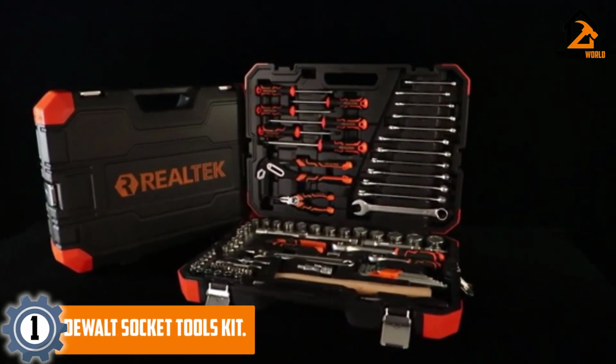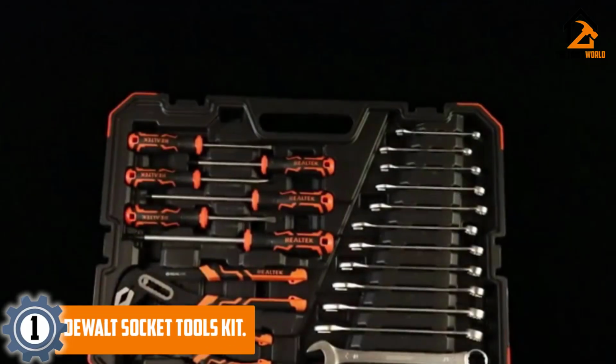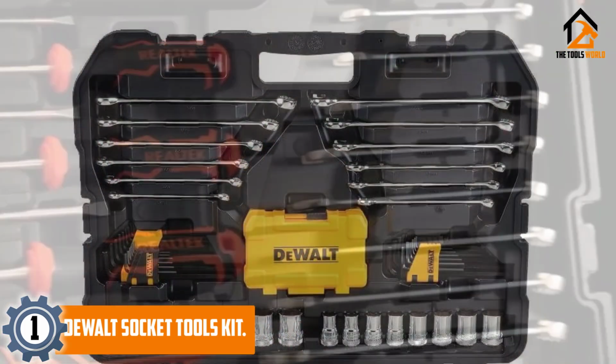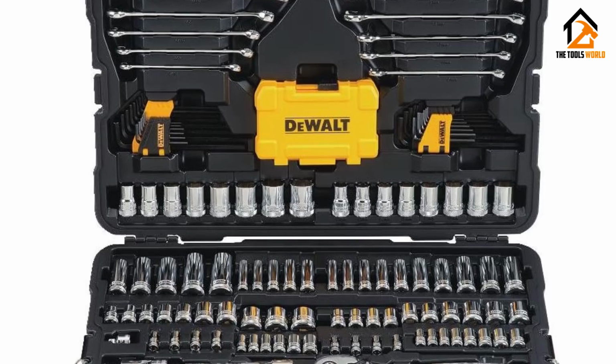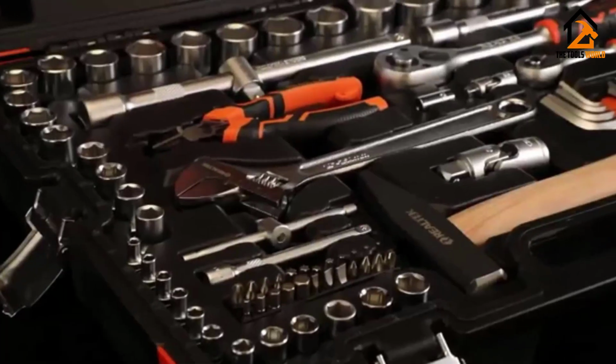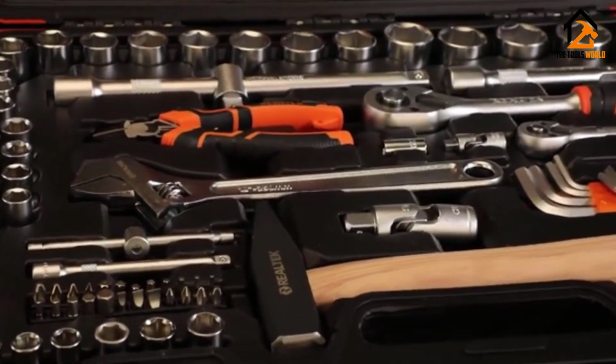And finally, at number 1, we have the Dewalt Socket Tools Kit. If you really want to get serious about performing your own auto or motorcycle maintenance, look no further than this 168-piece Dewalt set. I've been using it for months, and have been impressed with the quality of the individual sockets